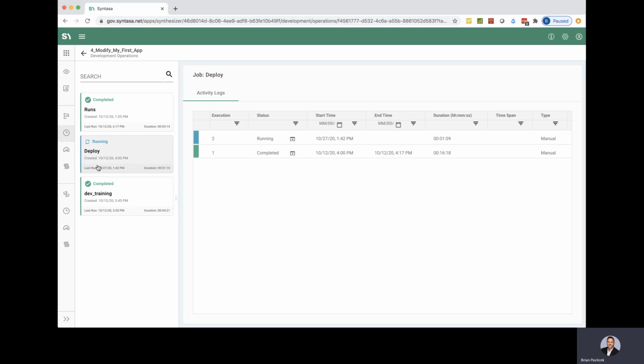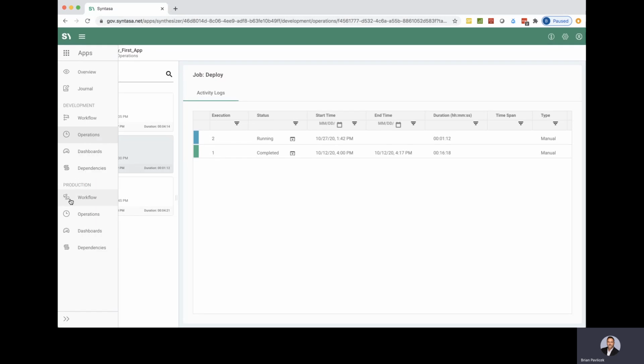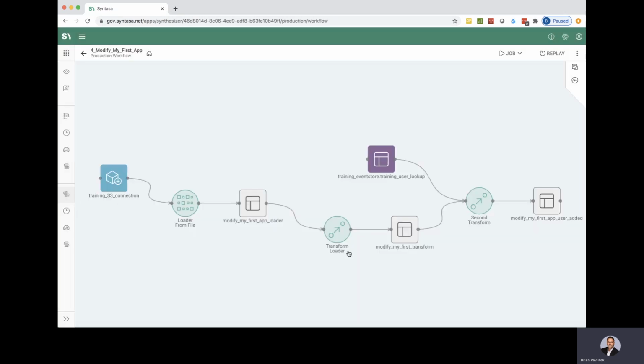So now we'll take a look at the production workflow. And you'll notice that we do indeed have the new workflow. A couple of things to note here,